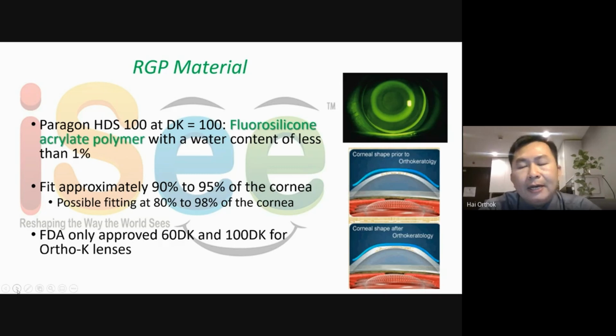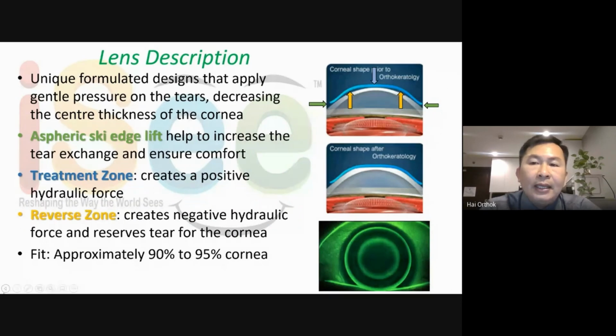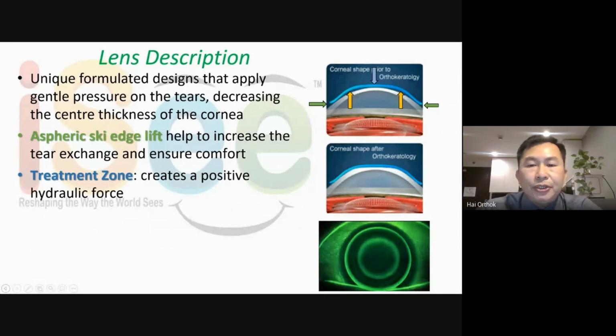The FDA only approved Ortho-K for 60 Dk to 100 Dk. It has not yet approved the material for Ortho-K under or above this Dk. I believe that if you go over 100 Dk, maybe the lens is too fragile, or you have to change into a hyperopic material and it becomes very soft, and it should prevent the tear flow like a soft lens. I believe that is why the FDA only approves 60 to 100 Dk. And I will skip this to show you